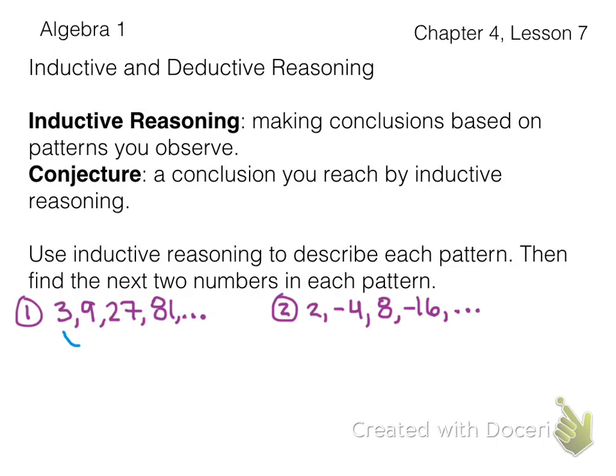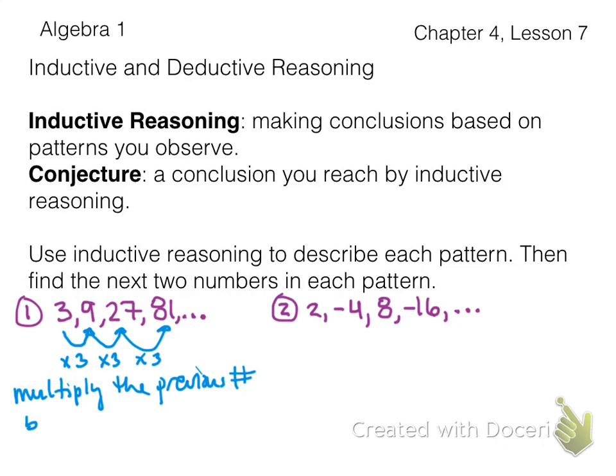Well, what happens to go from here to here? That was a multiply by 3. Here to here, it was a multiply by 3, and here to here was also a multiply by 3. So we're going to multiply the previous number by 3, which means we're going to do 81 times 3